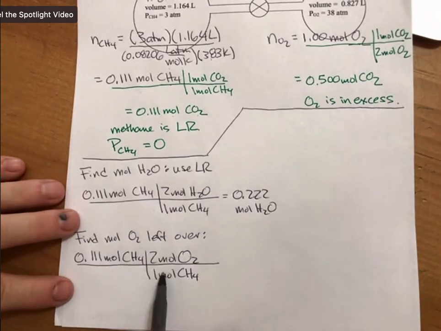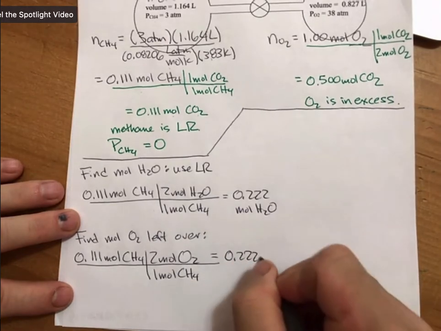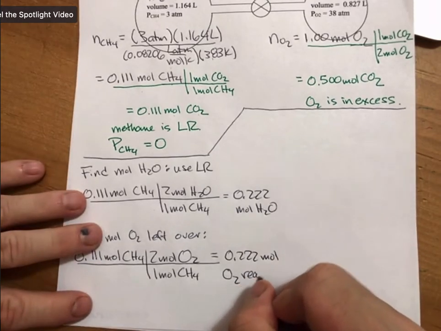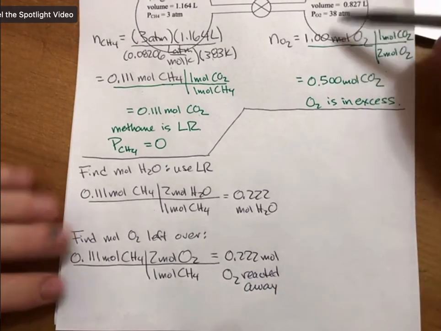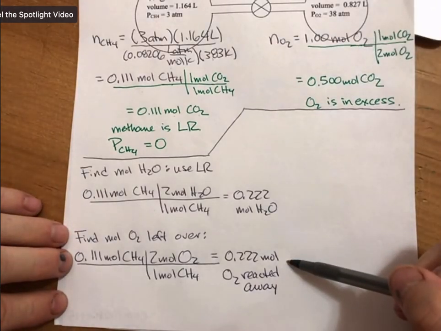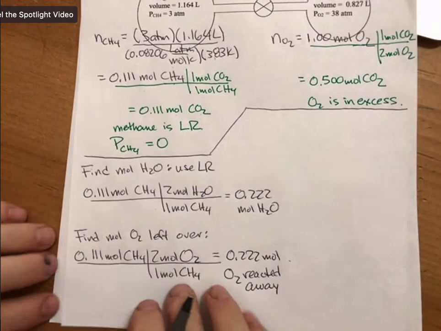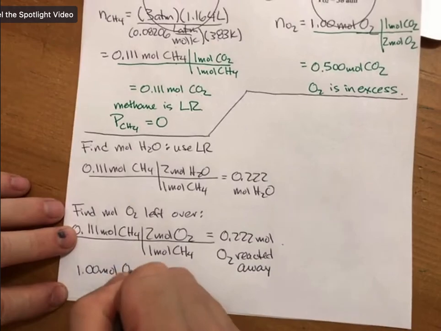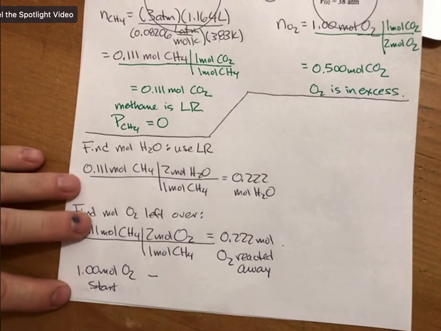There is a 2-to-1 stoichiometry here, so you have to account for that, which means that 0.222 moles of O2 are reacted away. And we know how many moles of O2 we started with. We know how many moles of O2 we reacted away, so we can find the moles of O2 left over. So, 1.00 moles O2 start minus 0.222 moles of O2 reacted away